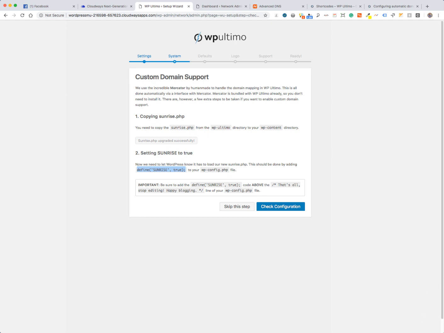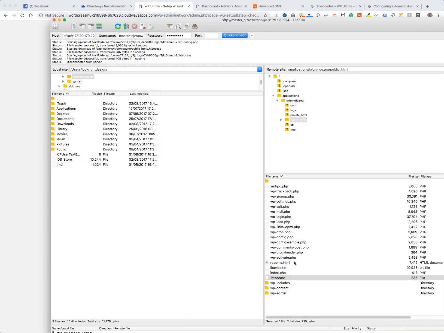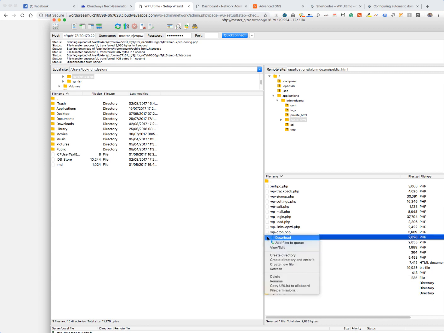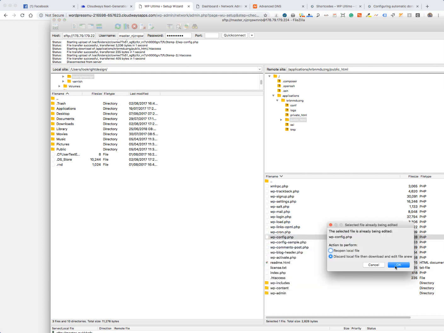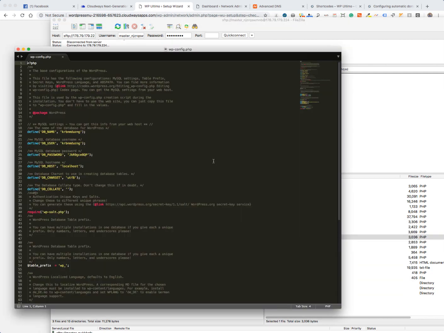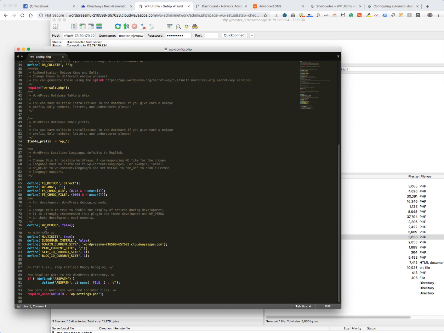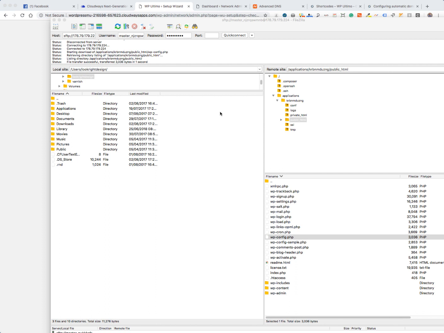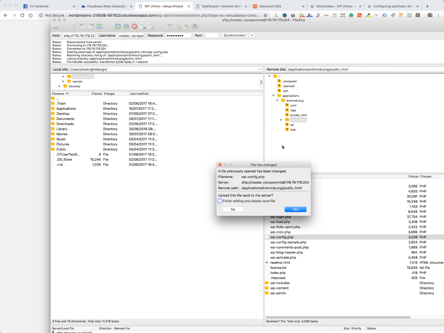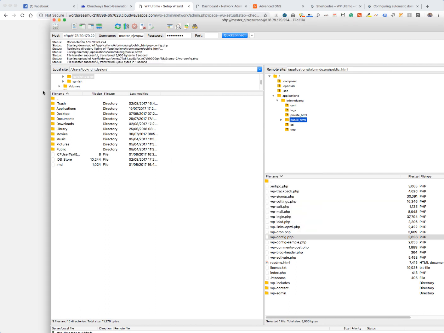So if you've done any file work on WordPress, you'll be very familiar with that. So we want to go back here to wp-config, open it again in Sublime Text. There's the line I'm on about, that's all stop editing, happy blogging down at the end. And I'm just going to paste in the sunrise define through there and save, and back into FileZilla, upload that, file